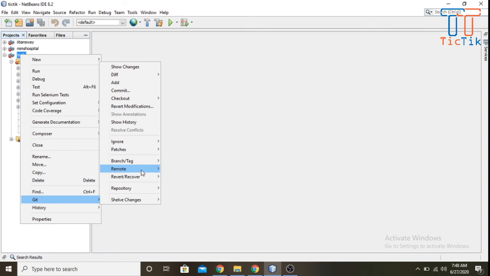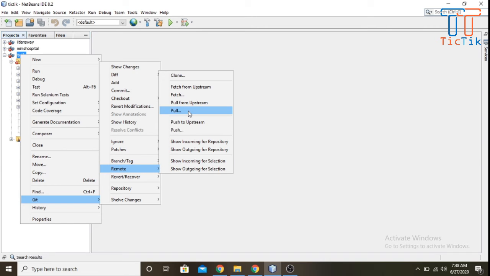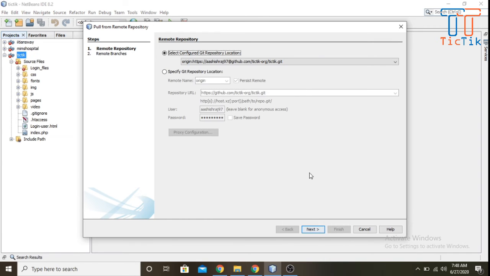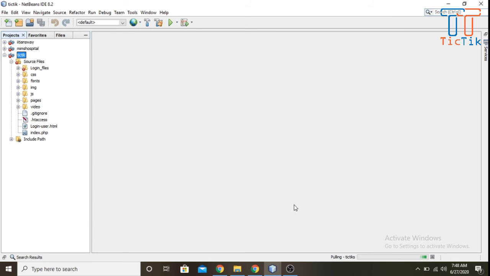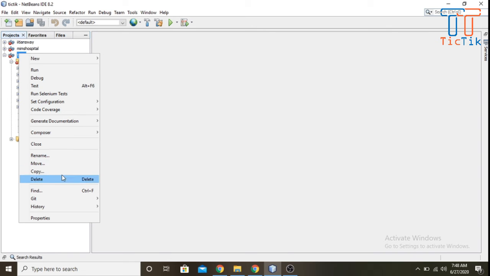and first you have to pull these things. Pull means it will get all the latest source code from the server. It's pulling, and then you can push your changes to the server.